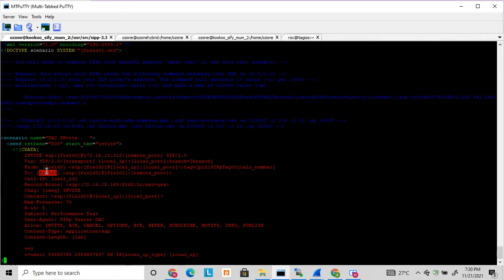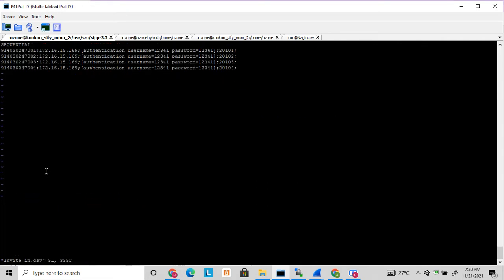If you see this CSV file, CP will first read the first line and dial. In the second test flow it will read the second line and dial. In the third test flow it will read the third line and dial. It will continue doing this until the conditions put while starting CP are complete. While the test flow is running, it will keep reading, and once it reaches the end, it will start from the beginning again. This is how it continuously and dynamically pushes the numbers into the call flow.